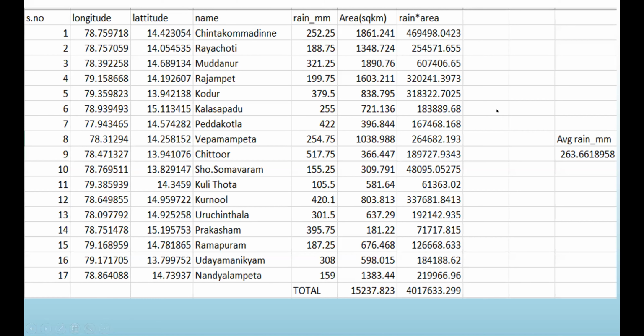So now when it comes to the numbers after the decimal point, do you really need 6618958? No. Can anybody measure that many millimeters? No. Rainfall is measured with a scale which has a least count of 1 millimeter. So you can just say 264 or 263. Who's going to care about in between 263.6 or 263.2 or whatever it is? And of course, anything after the first decimal place, I'm not even interested.